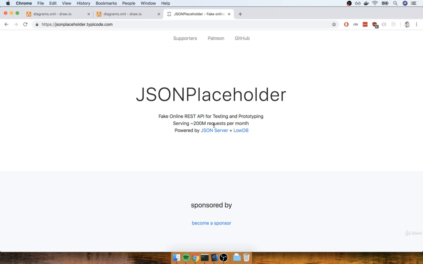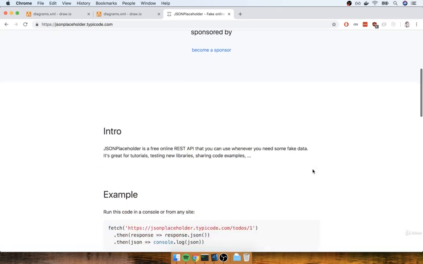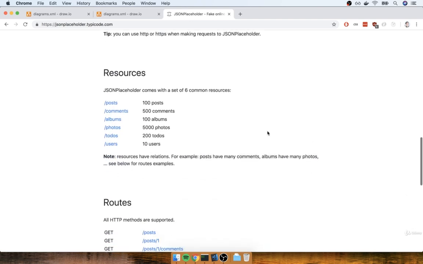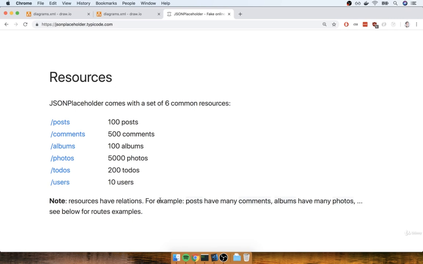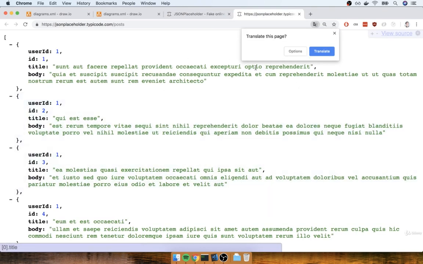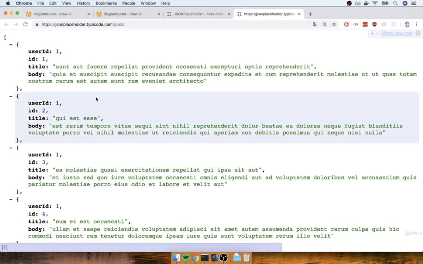All right, so this is the JSON Placeholder API. We can take a look a little bit down here and find a section called resources. So these are 6 different endpoints that we can make requests to get back a ton of fake data. The ones that we are going to care about are the posts endpoint right here and the users endpoint right here. So if I click on posts in a new tab, it'll open up a whole bunch of JSON like you see right here. Now notice on my screen, this is all formatted nice and pretty.